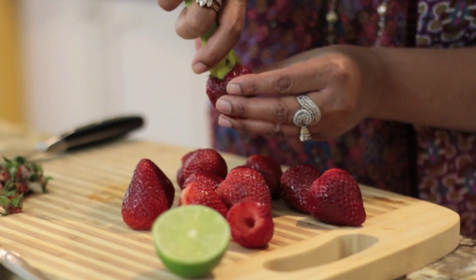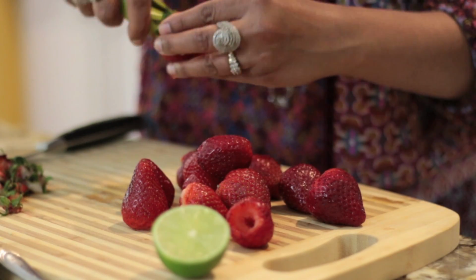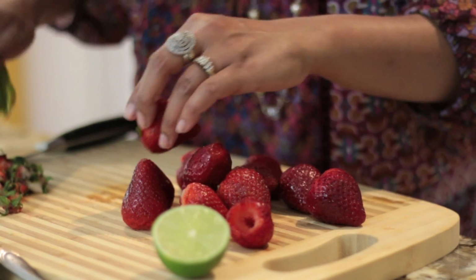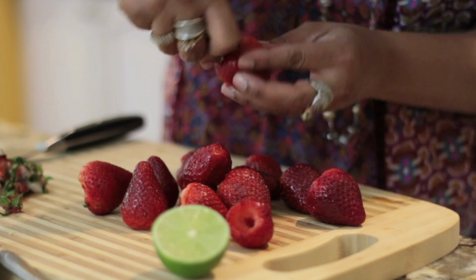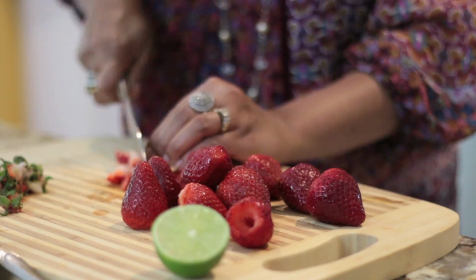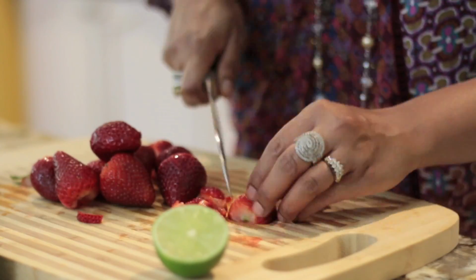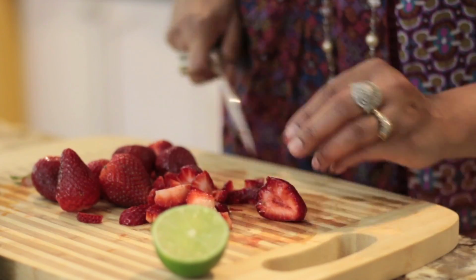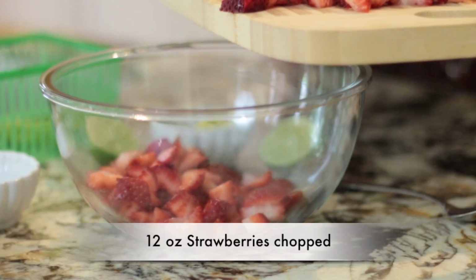So I'm going to start by taking all of the stalks off these strawberries, and I've got this wonderful tool here that I picked up from Amazon, and I'm actually just going to take all of the leaves off, and then I'm going to cut the strawberries into really small pieces because I want to make sure that it breaks down really fast in the heat. I've chopped up 12 ounces of luscious strawberries,